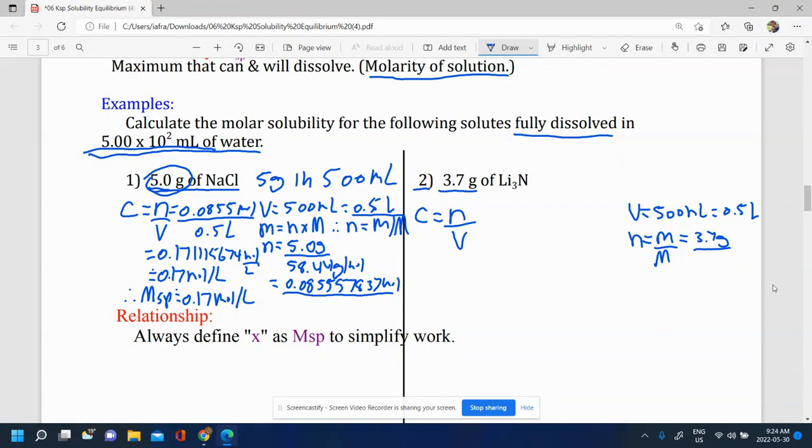And you can also, like I said, do some grade 11 review. 6.94 times 3, because there are 3 lithiums, plus 14.01 because there's 1 nitrogen, gives you 34.83 grams per mole. Cancel out the grams and you're left with moles. So 3.7 divided by that 34.83, and we get